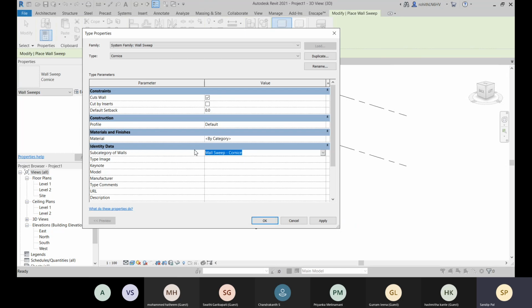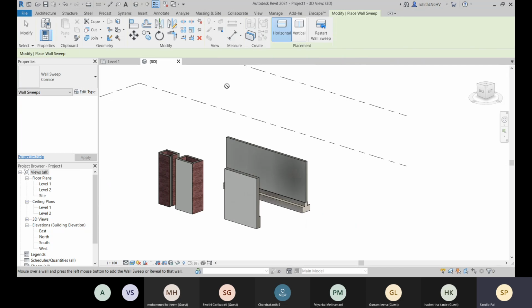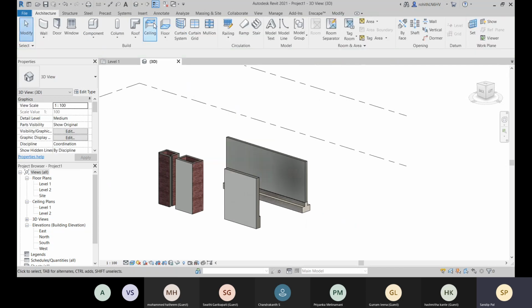This is selected, and the profile is right now selected default, so you can choose this profile, or what you can do is you can load some profiles first.